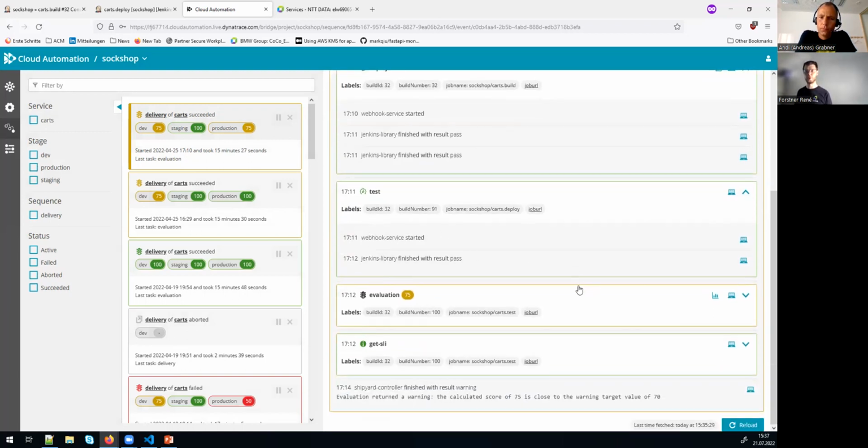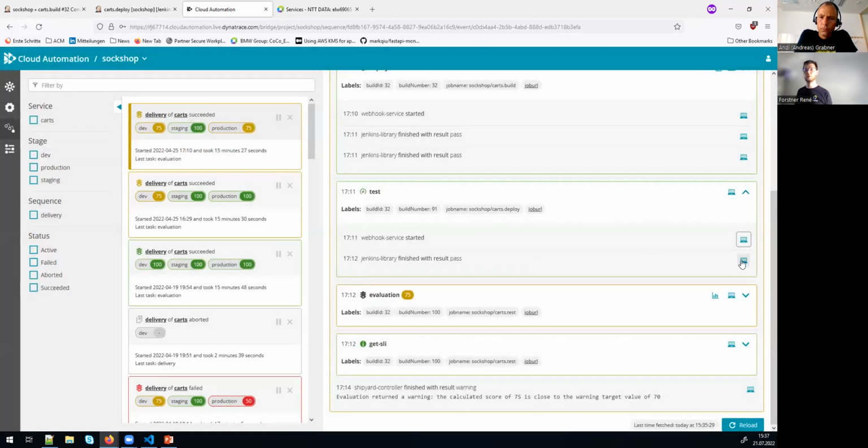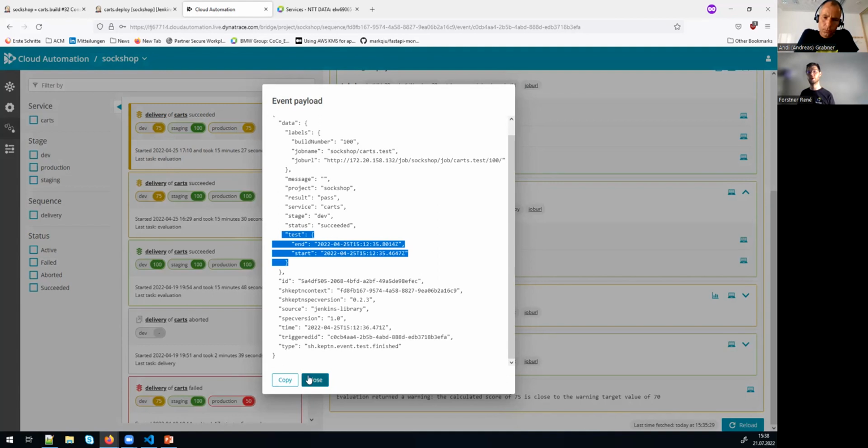There is one interesting thing, because if you take a look at the event for starting the webhook, it looks quite similar to all the other things. And if you take a look at what we received back from Jenkins, we have additional information. We have information on whether the test has passed in general, so if everything is good, and we have our test time frame, so when the test started and when it finished, all within the event payload. And then we